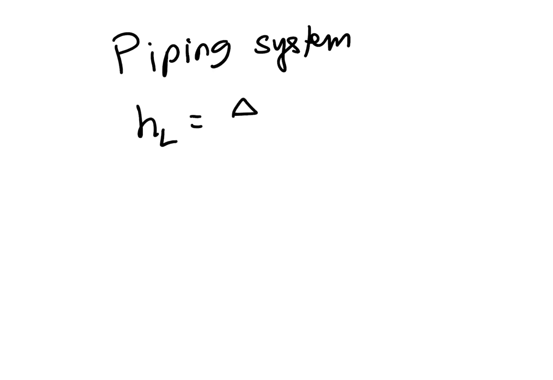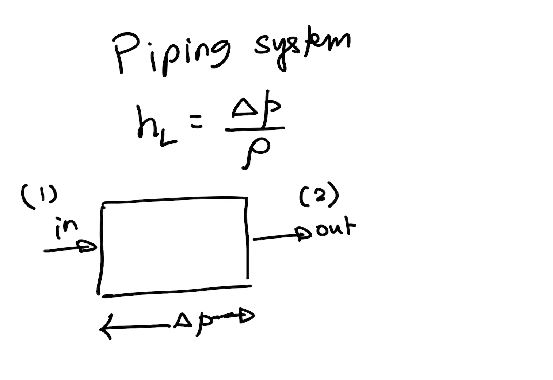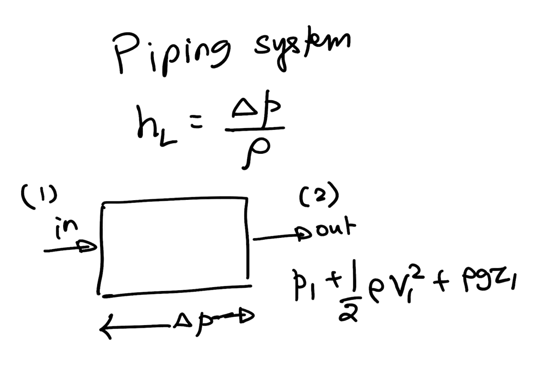Moving on, I told you that in a piping system, the total head loss, which is the total pressure drop across the system divided by the density of the fluid, that is, if you have a piping system with flow entering here and the flow leaving somewhere downstream, the total pressure drop across the pipe is due to all the losses. That is, if you think of this as section 1 and section 2, you can write P1 plus half rho V1 squared plus rho g Z1 equals P2 plus half rho V2 squared